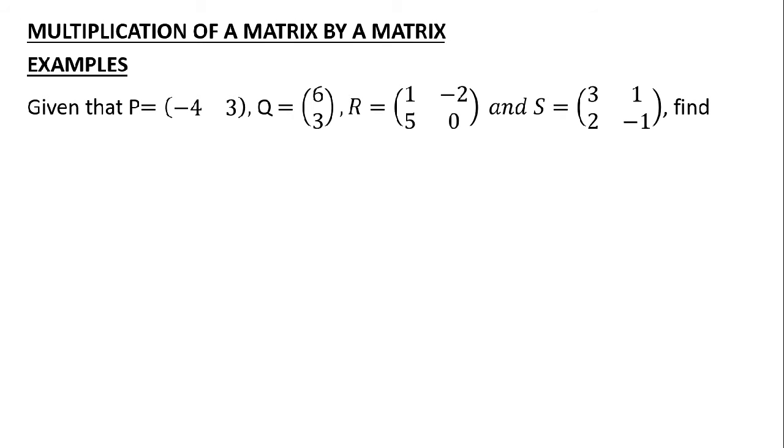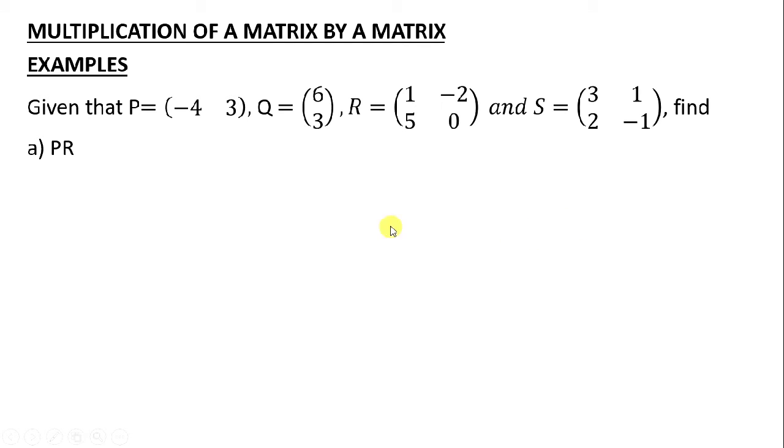We have given that P is a row matrix with entries -4 and 3. Q is a column matrix, it has 6 and 3. R is a 2 by 2 matrix, 1 and -2, 5 and 0. And S is a 2 by 2 matrix. It has entries in the first row, 3 and 1. Second row has 2 and -1. Find